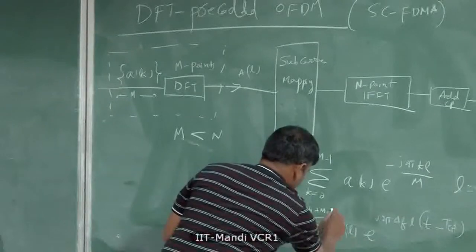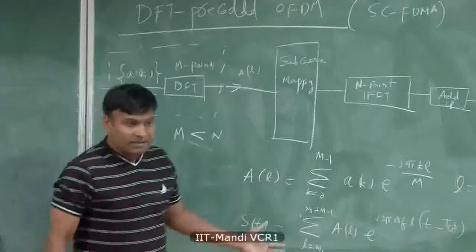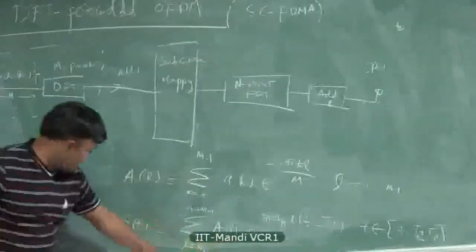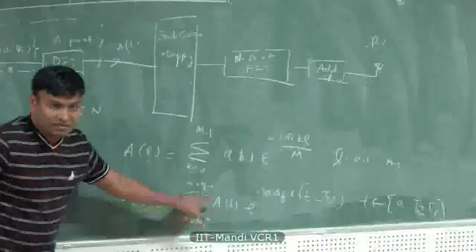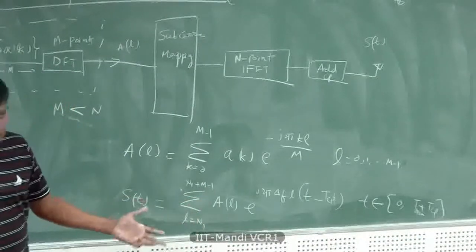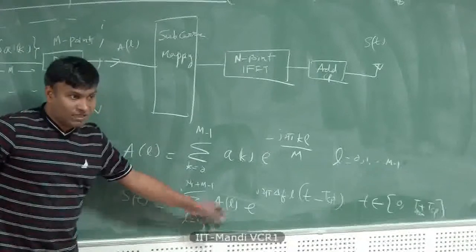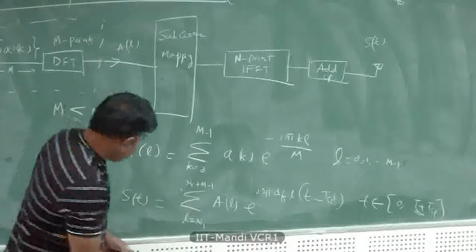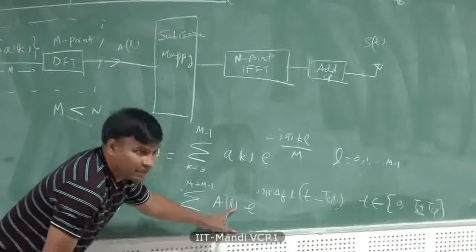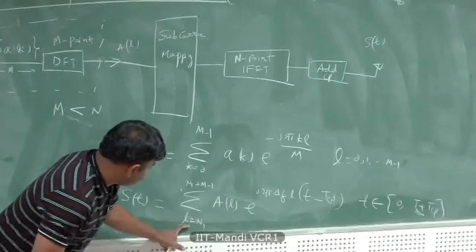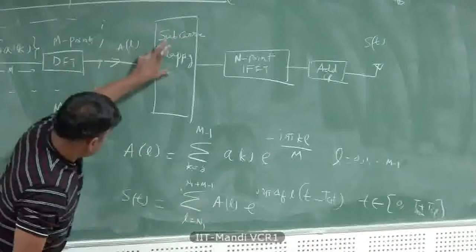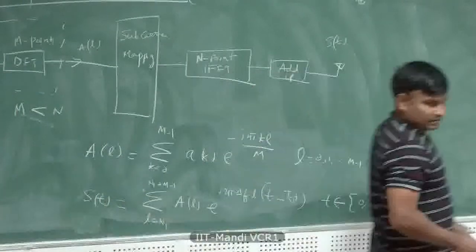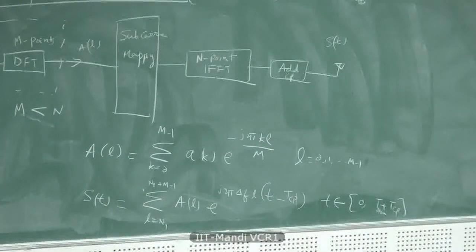What is N1? Well, it's controlling the starting point. N1 can be 0, then it goes to M minus 1. And you may say N is missing. Yes, N is not necessary because A of L takes values only. And we probably have to shift this index L. So A of L, you do a subcarrier mapping and then you take these indices. Okay? Does it make sense?